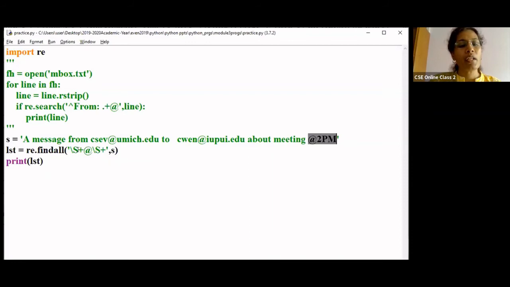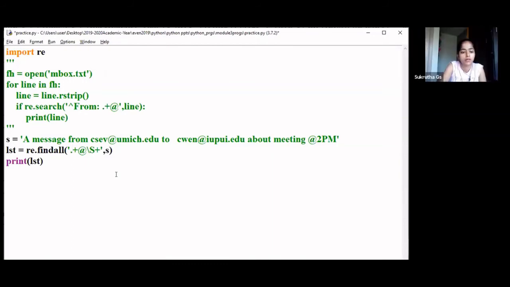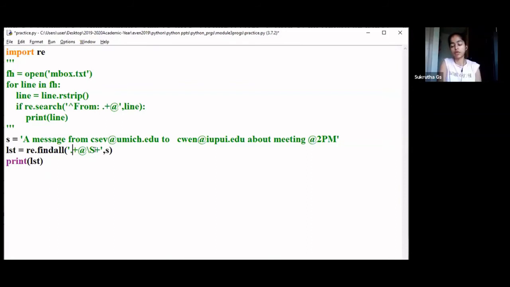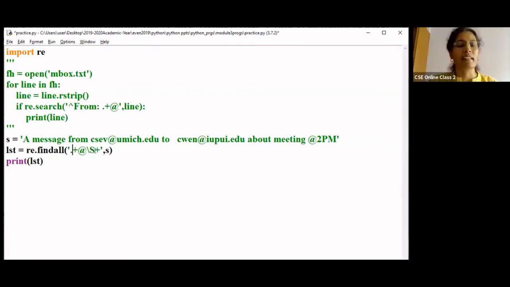Now, you may ask me, instead of slash S, why can't we use dot? What happens if I use it like this? Dot plus I have given, no? Dot plus means one or more characters. I'll be getting more than one character, right? So now what does it mean?